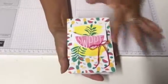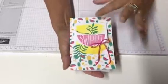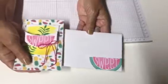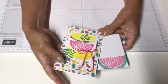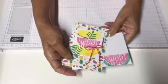Everything was in the box already, so I just stamped sweet on there and put everything together. I also stamped the little envelope that comes with the note cards. Mine's a little different than the instructions, but I just tear into it and start stamping, so I don't really pay attention to the instructions unless I need to. And then